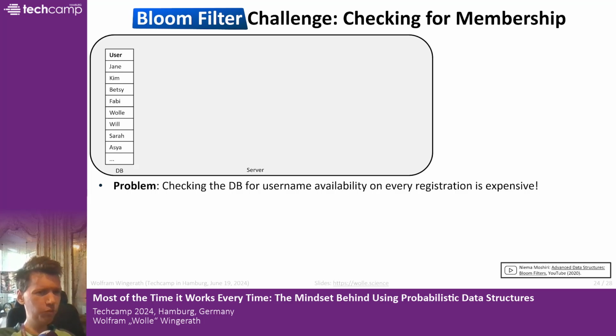Another probabilistic data structure that is really close to my heart is the Bloom filter. That's because we have used that at Baqend and still use that at Baqend heavily. And the idea, once going back to this user list example, is that maybe we have a very large user base, and